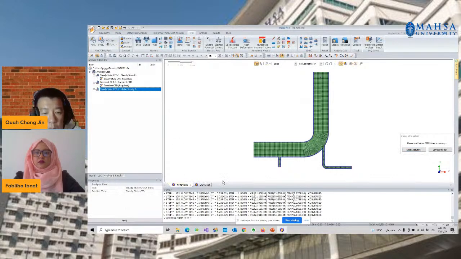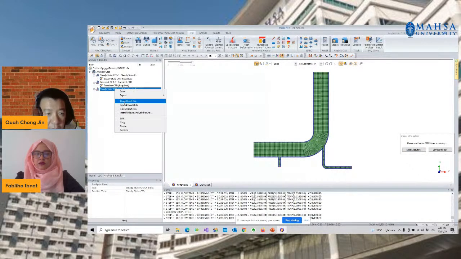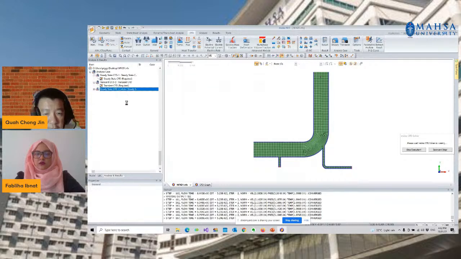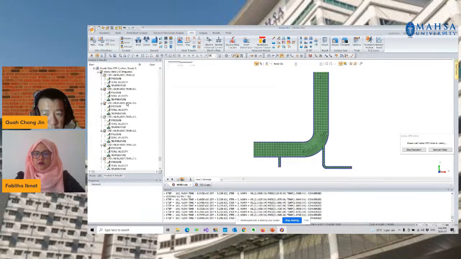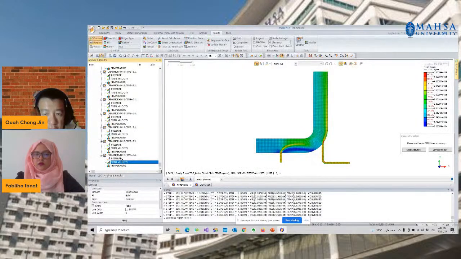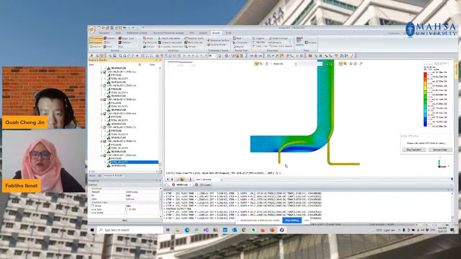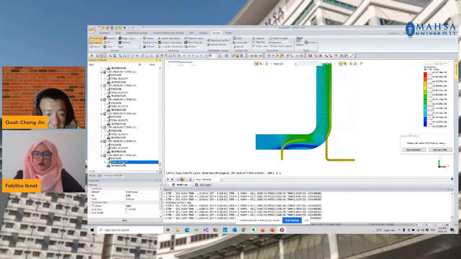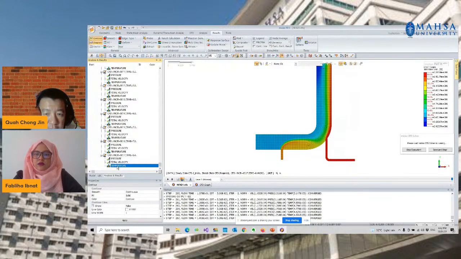In the meanwhile, while waiting for the simulation to complete, we can reload the result to see how it looks. We have quite an obvious result after adding two additional inlets. This is in terms of the velocity, and this is in terms of the temperature distribution.